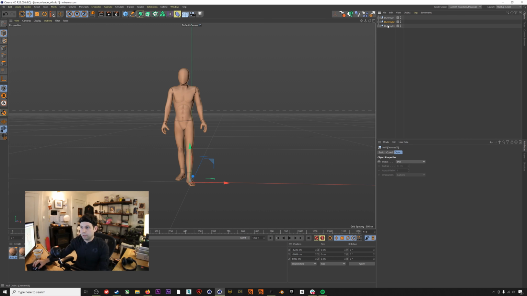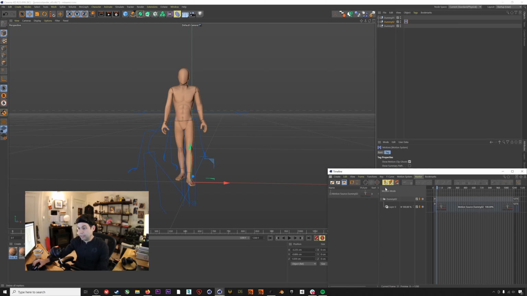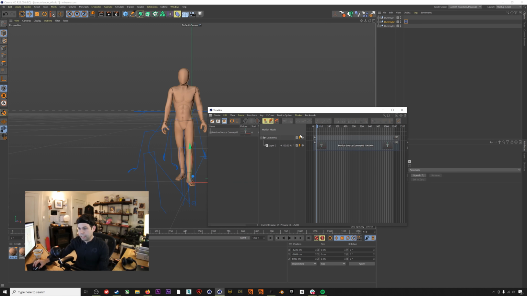We're going to leave the first one alone, but click on the second dummy. We're going to go to Animate, Add Motion Clip, uncheck Remove Included Animation, because we want to keep our animation. Hit OK. And then it's going to add this little tag over here. And if we select that tag, hit Open in Timeline, here we have basically our animation, and we can move